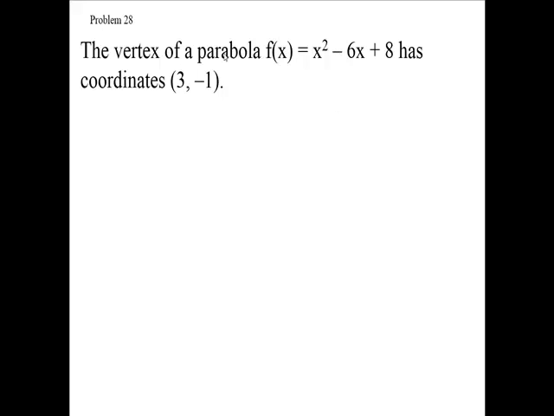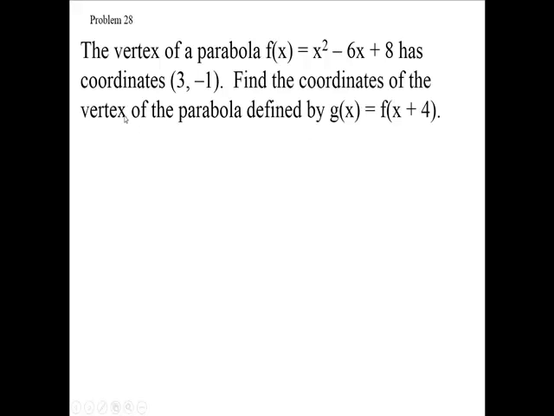The vertex of a parabola f of x, where f of x is defined as x squared minus 6x plus 8, has coordinates 3, negative 1. Find the coordinates of the vertex of the parabola defined by g of x, where g of x is f of x plus 4. So the first thing we want to do is get a real good sketch of